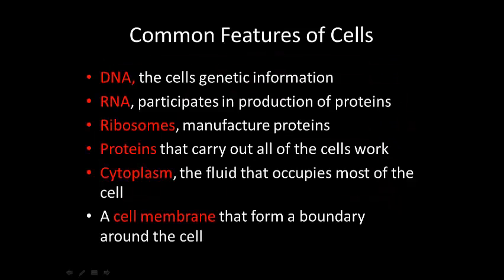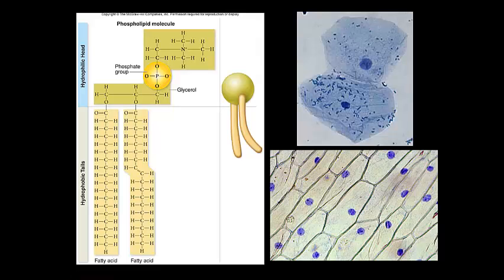All cells, whether prokaryotic or eukaryotic, have common features, and this particular video focuses on one very important feature which is common to all cells, and that is a cell membrane that forms a boundary around the cell. So here are two cells, and in fact they're human cells, cheek cells from the inside of the mouth, and you can see that each of them has a boundary around the outside of them, and that is the cell